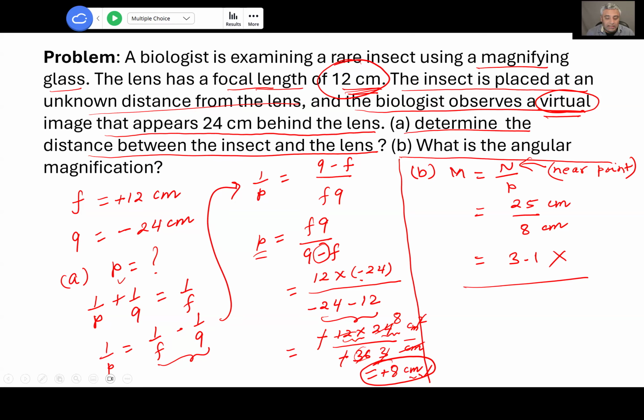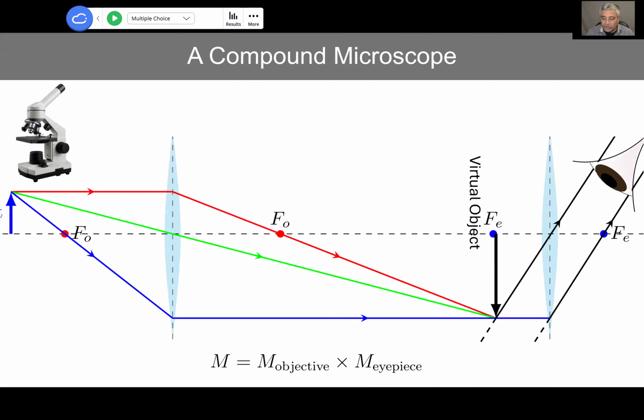I did magnifying glass in detail because when we are using a microscope, for example, designing a microscope, what happens? It also has two lenses. One lens is there and the other lens is here, and you can choose different focal lengths to get larger or smaller magnification depending on what kind of object you are looking at, right? So it has both converging lenses, and one of those is called the objective lens because it's pointing to the object. An object is often close to that lens, right? So here is that object,